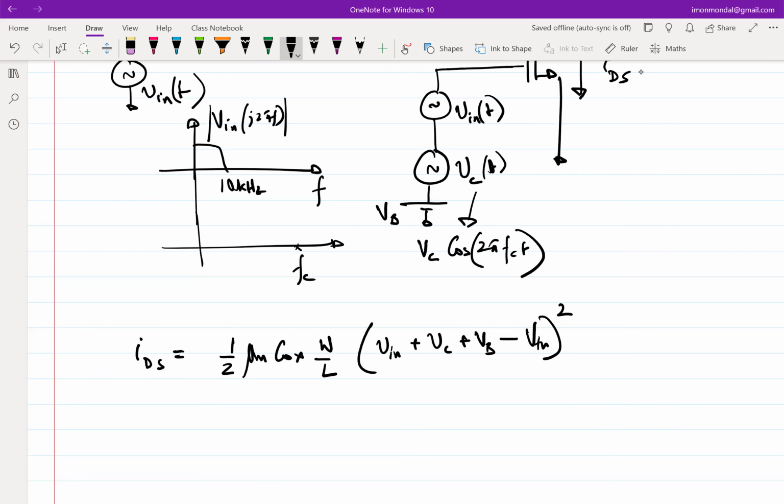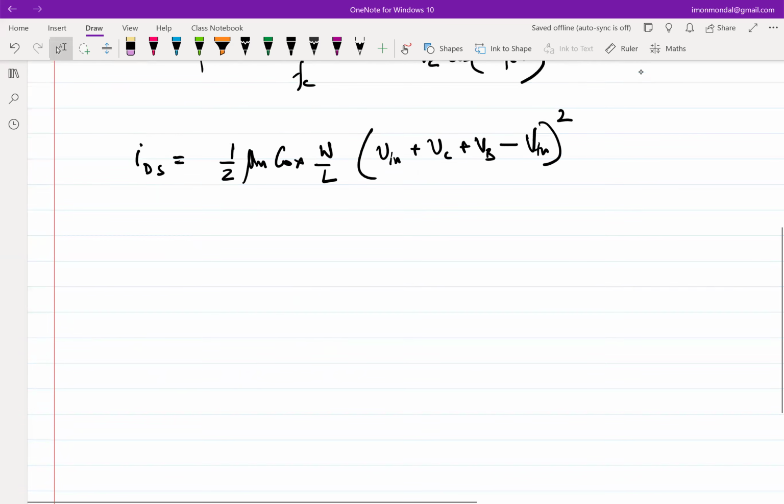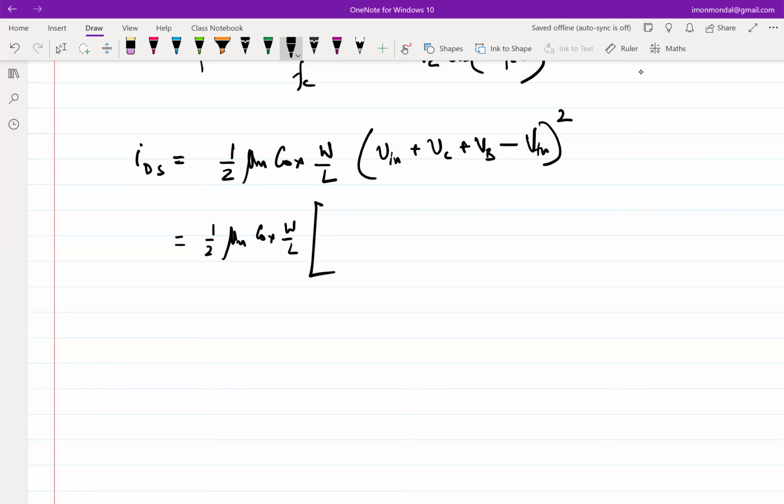And I'm neglecting the channel length modulation here. And if I expand this out, what would I get? I'll get mu n C ox W over L, and then I get the DC term, that is VB minus threshold voltage whole squared,